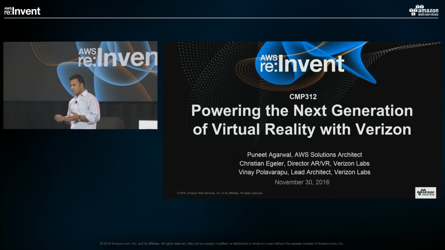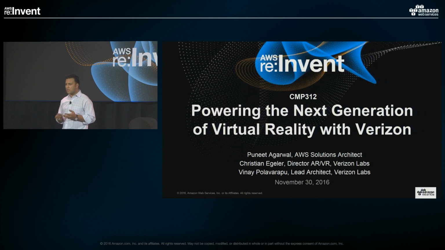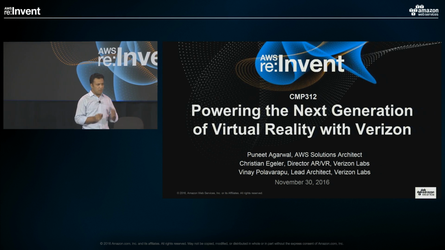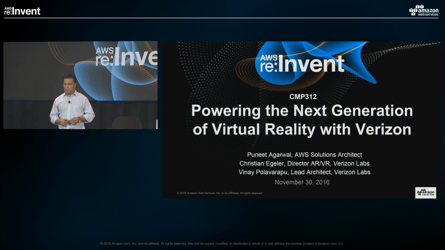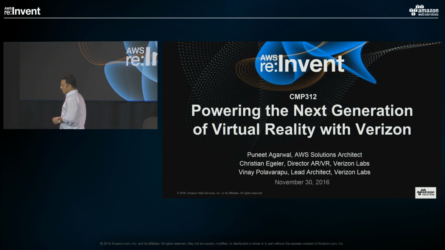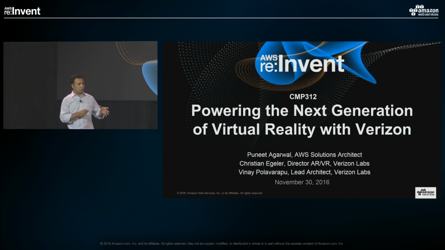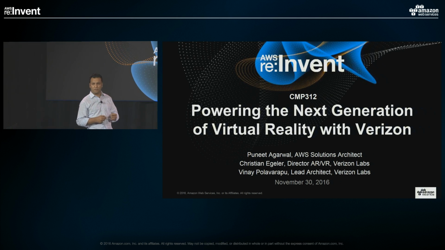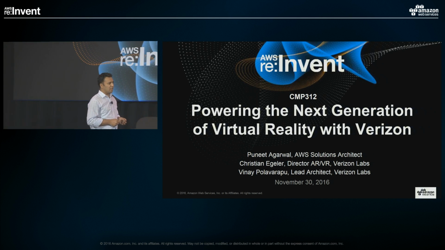Verizon used a bunch of AWS services in order to build this platform. They used S3, CloudFront, ELBs, VPCs, all the standard services. They used Amazon Aurora for their database. But what they heavily used for video processing was AWS GPU instances. So before handing it over to them, I just wanted to give you an idea of your GPU choices in